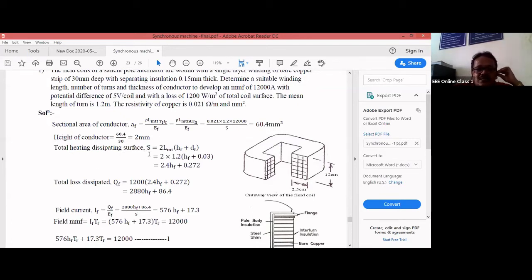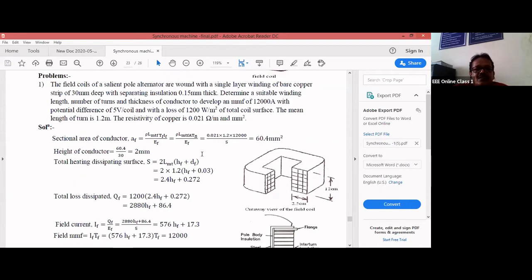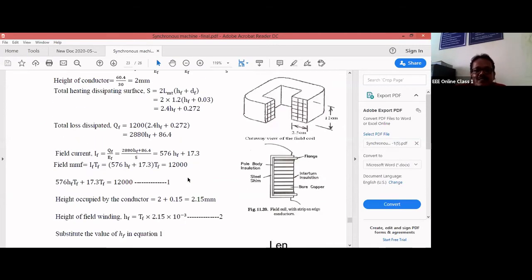Total heat dissipating surface S is equal to 2 LMT (HF plus DF). So 2 into LMT, which is given as 1.2, times HF plus DF. DF is the depth of the field winding. This is the total depth, whether you go for a single layer, 2 layer, or 3 layer. Since you have taken a single layer, this